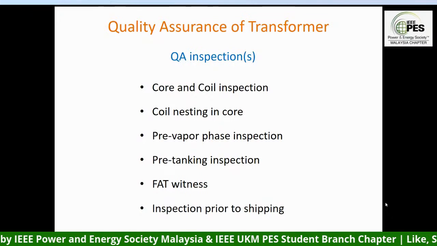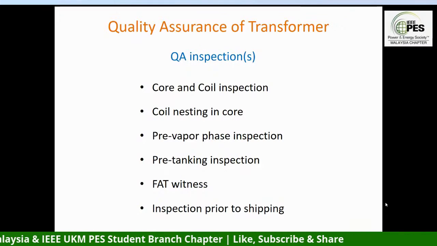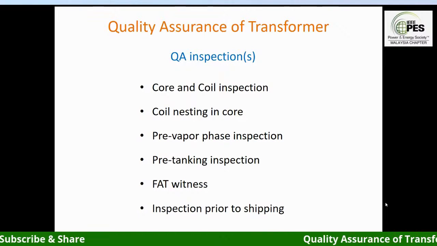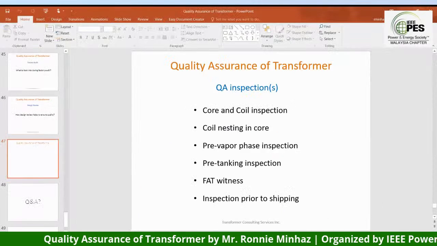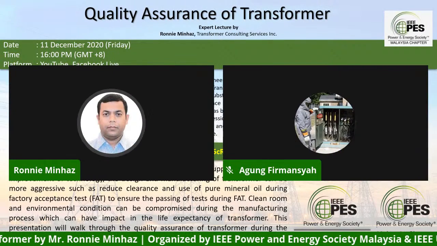If you notice that the factory is not fully climate controlled, that there's metal particle and dust all around, and the humidity is going through the roof, in that case you may consider doing all those six inspections. So now I will share with you one more item, just to show you that